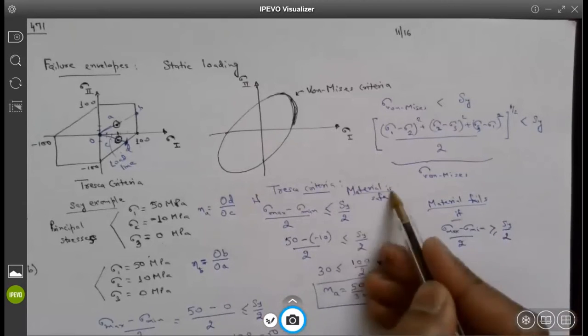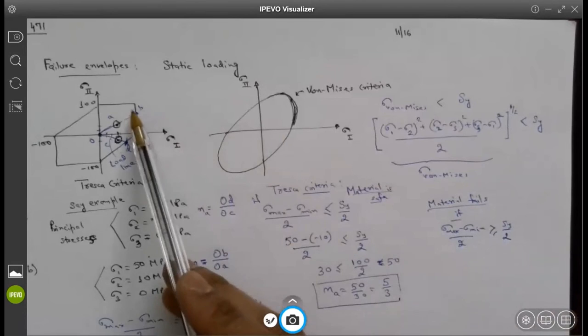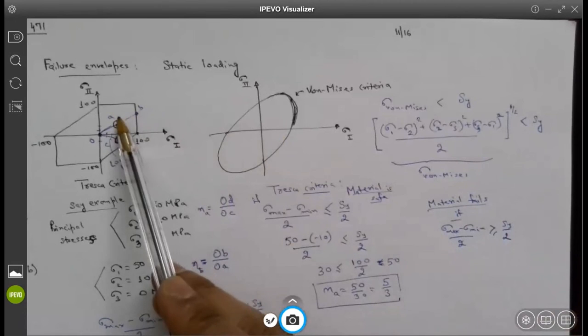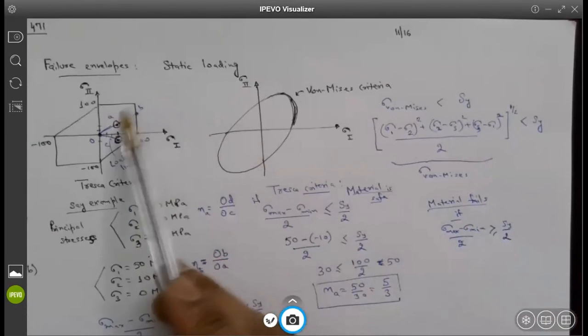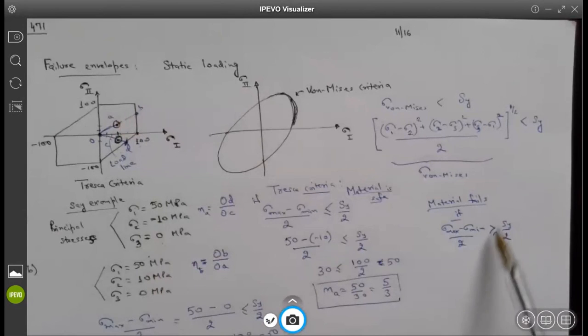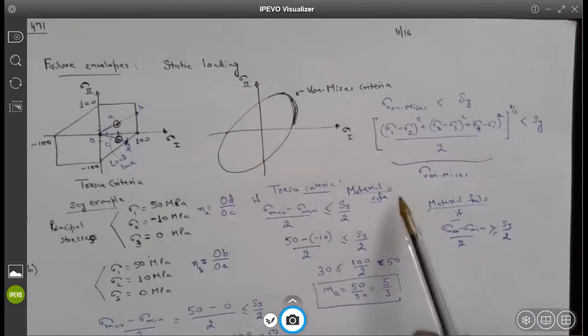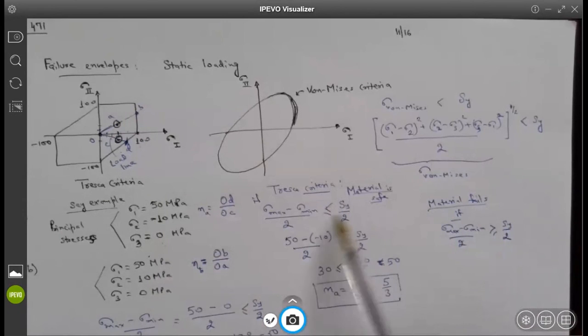Yeah. So it basically means you are within these boundaries, you are less than sy over 2, or you're greater than sy over 2. If you're greater than sy over 2, that means material fails. So this is the criteria you probably have seen. I'm saying if it is safe, then it has to be less than. This maximum shear stress has to be less than the yield stress. Then the material will be safe. And as you can see, material is safe, and I can calculate the factor of safety accordingly. Okay.